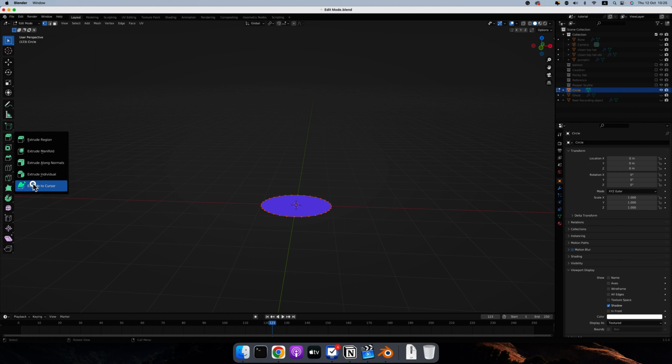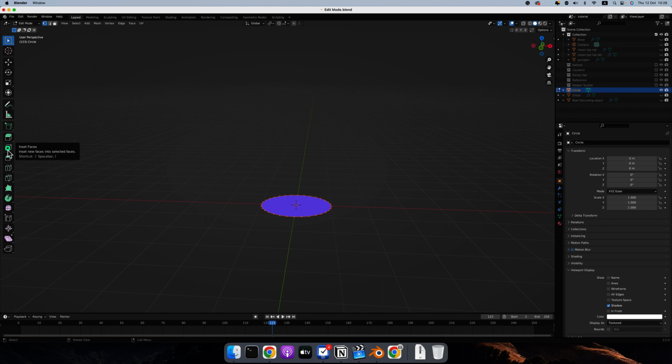And then extrude to cursor, I have never used before, so I don't know, but I think it extrudes towards the cursor. That's just my guess. And then extrude region is what I use the majority of the time, and it's what we're going to use today as well. And then inset faces, insets a face, and we're going to use it first so you can